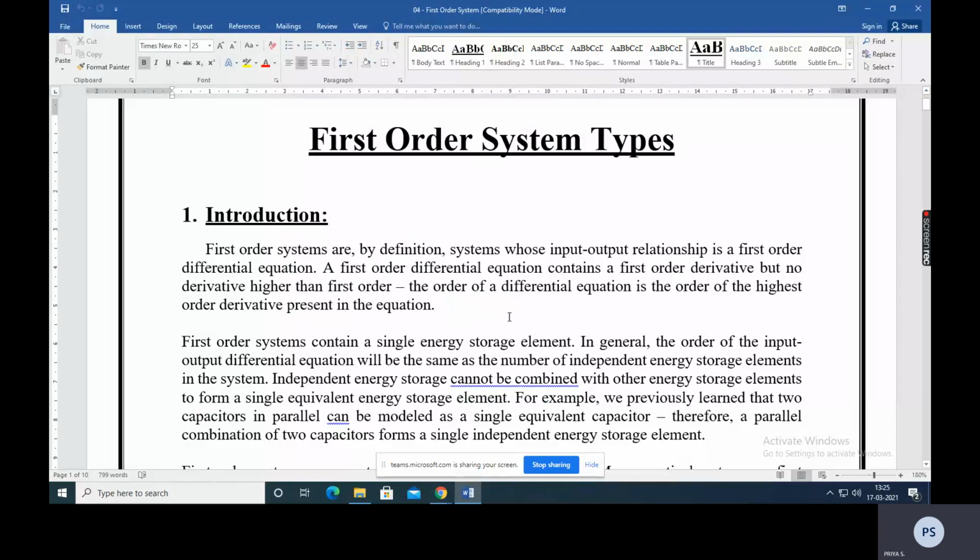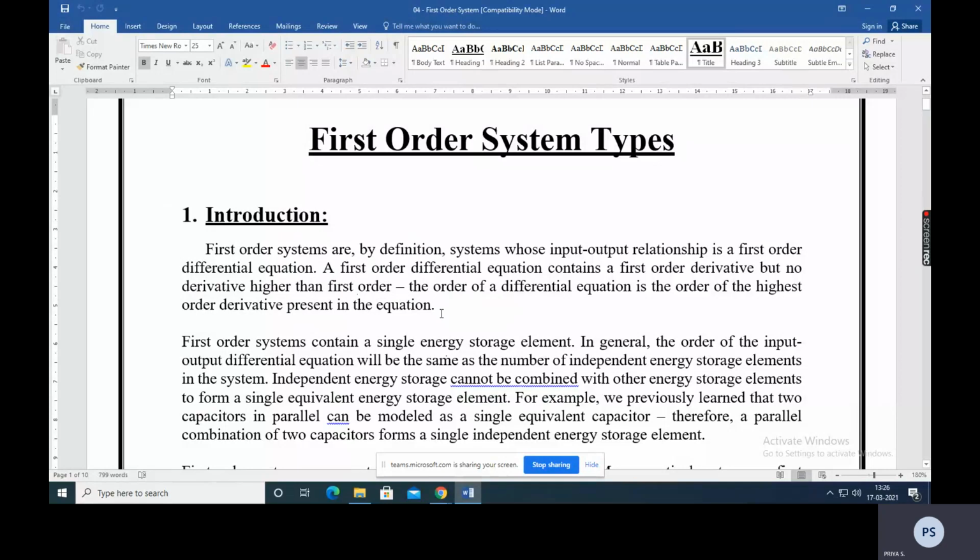In that you have a numerator as well as a denominator. In the denominator you have an expression of the differential equation. If that possesses the first order, then it is called a first order differential equation. That means the order of S, where S is the frequency domain variable, since we analyze the system in the frequency domain. The highest power of S gives you the order. So if your equation has S plus 1, S plus 2, S plus 3 like that, it is called a first order differential equation.